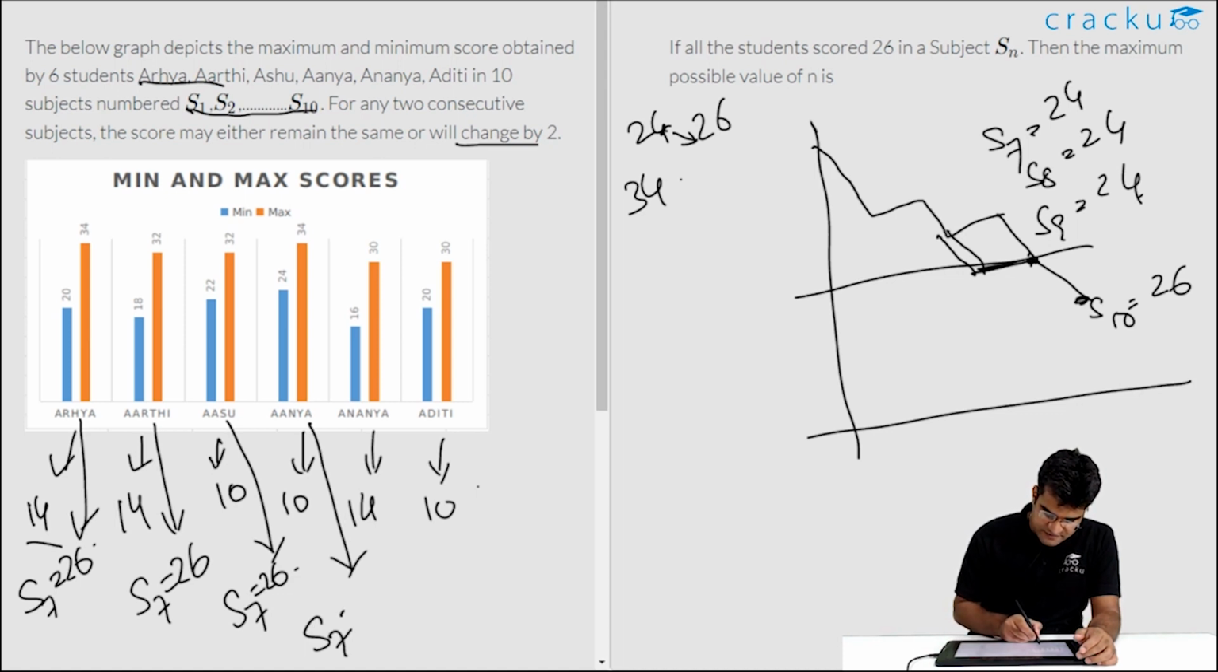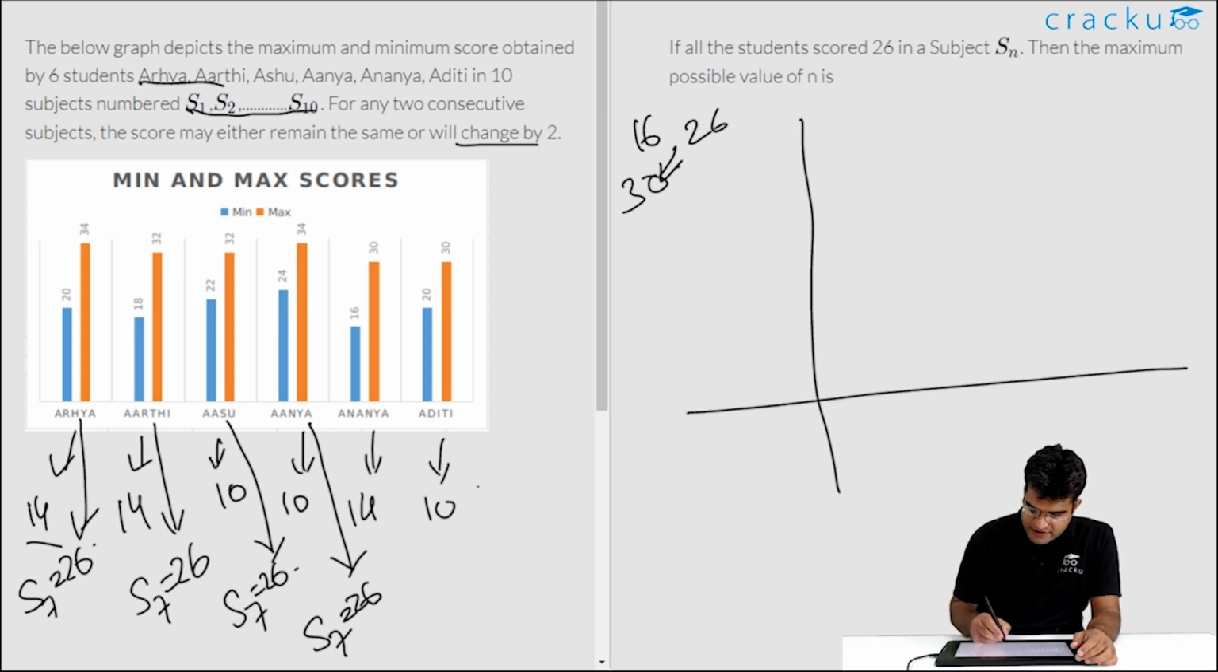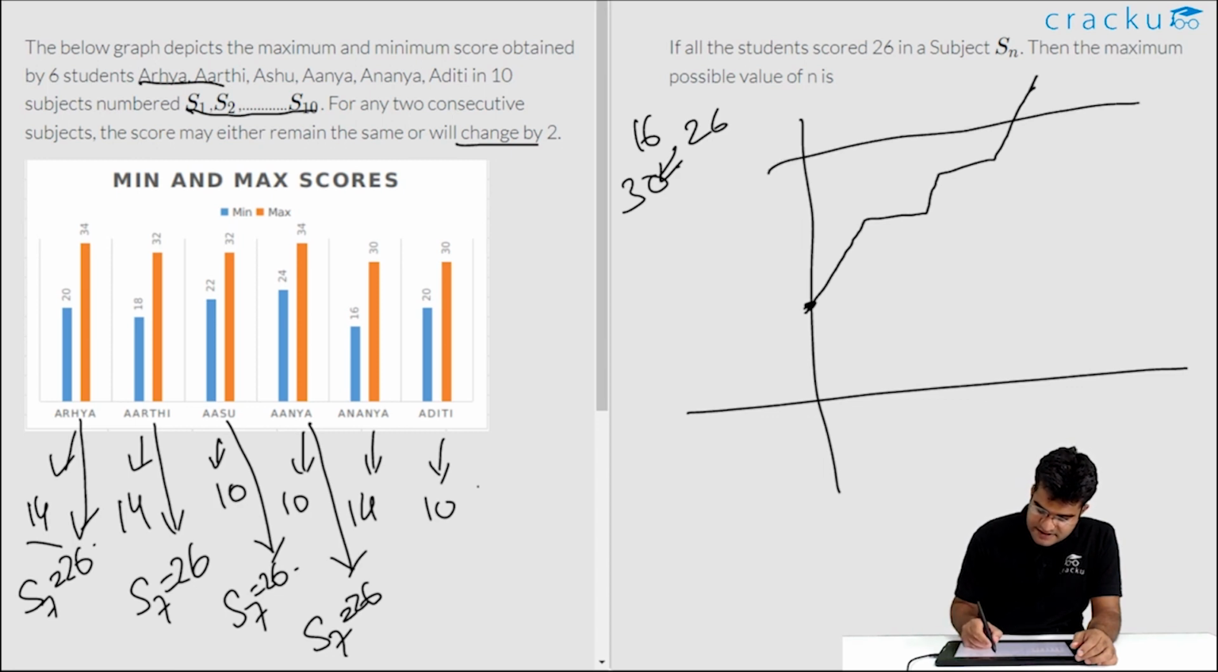For Ananya also, S of 7 is equal to 26. Now if you are looking at Ananya, her minimum is 16 and her maximum is 30. So 26 is close to her maximum, so we have to draw an upward trending graph. Now if you are drawing an upward trending graph starting from 16, you can finally reach this as S of